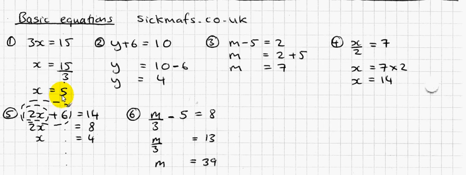Okay, and another way of looking at that is that we take the 3 times x, take that times 3 to the other side, and it becomes a divide by 3. So the 3 jumps from here to this side of the equals and becomes a divide by 3. And 15 divided by 3 is 5. Now, the reason why I said that is because you'll see a lot of opposite stuff going on, for example, in our next question,